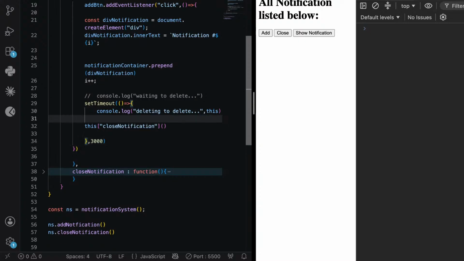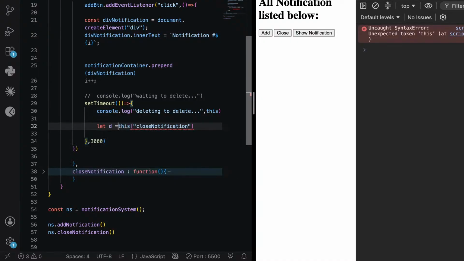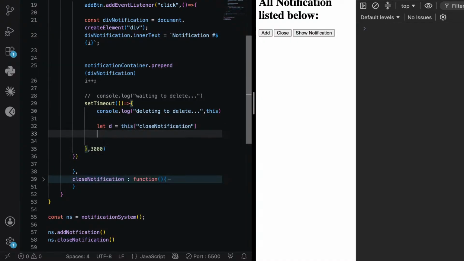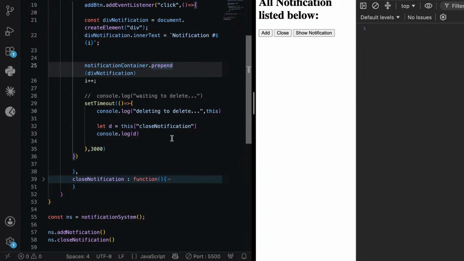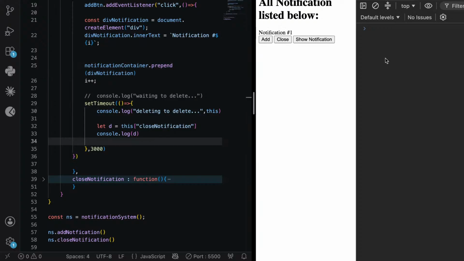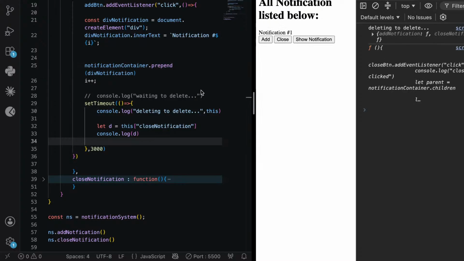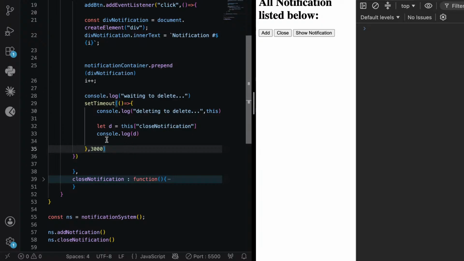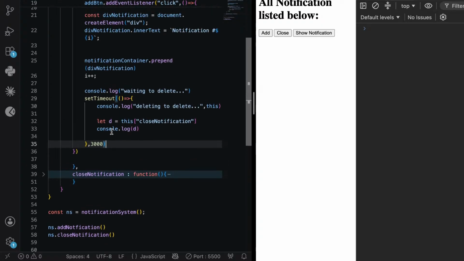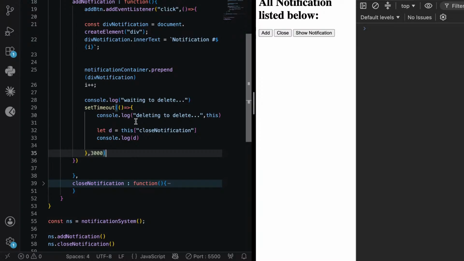Okay, so the thing is I have to figure out how we can select this dot close notification. Let's store it. Let d equal to console.log type d. Log d. So what does this d represent? Add notifications. Let's just check. Here we want to check this thing also. Here we will get to know about